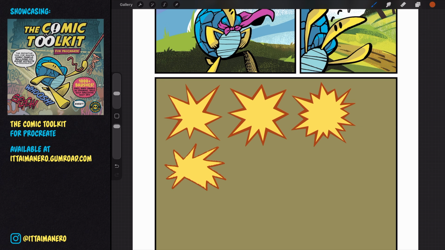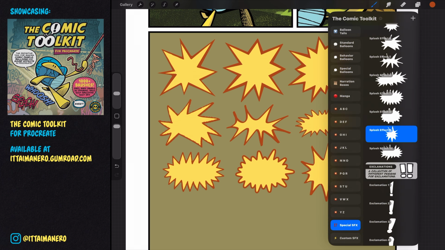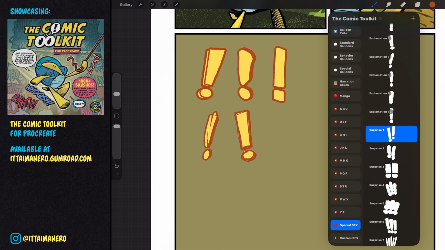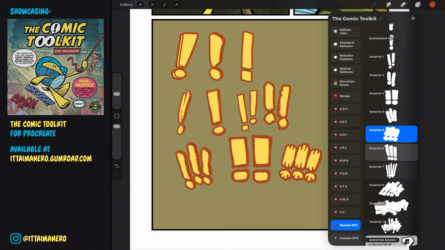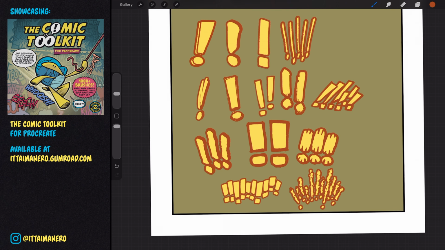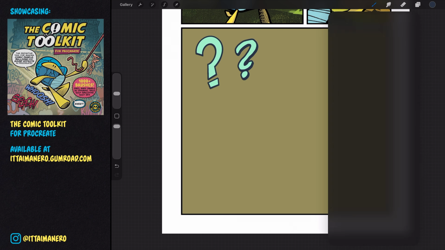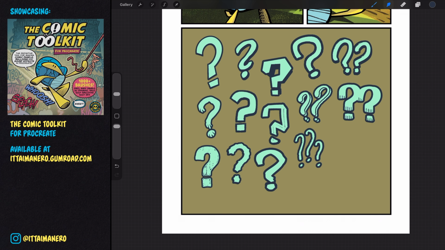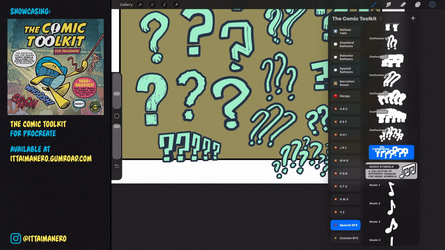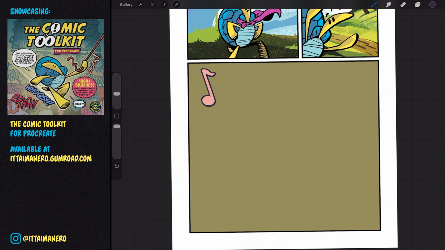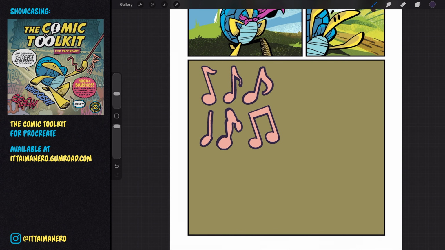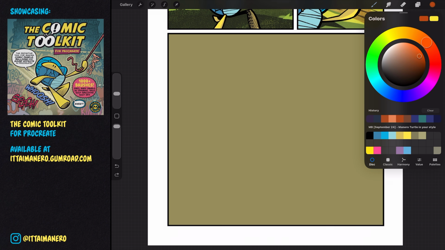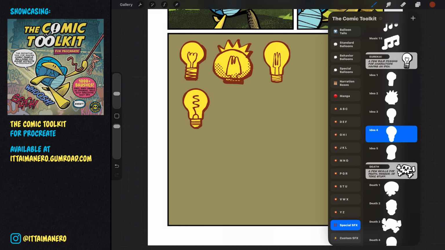Here you'll find different types of energy bursts, various exclamation marks, a wide variety of question marks, different musical note designs, some light bulb icons to show when a character has a brilliant idea,